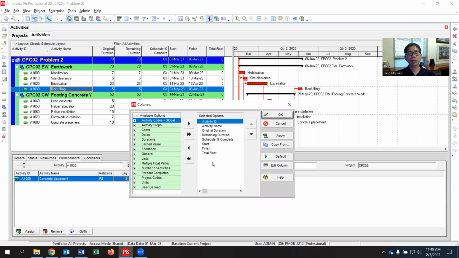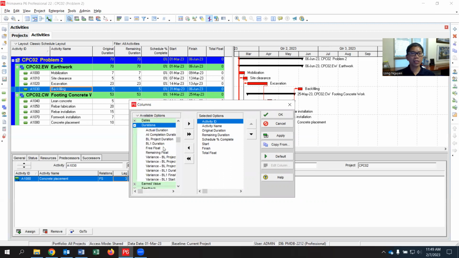If I want to choose the free float also, it's normally in the duration group. You can drop down on the left, go to duration, and you see the free float in there. Then you move the arrow to the right, the top arrow, add to list, and the free float will show up